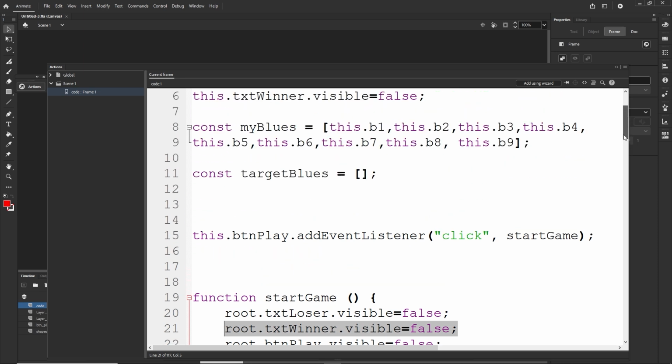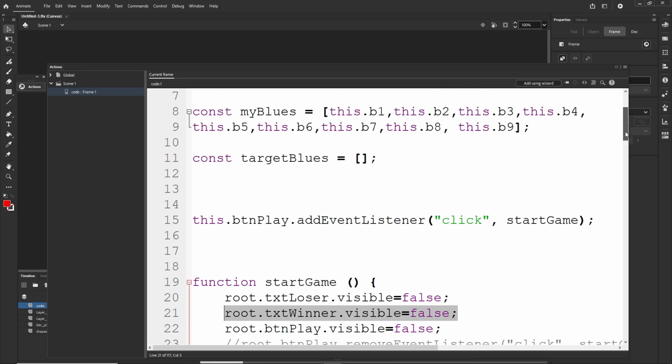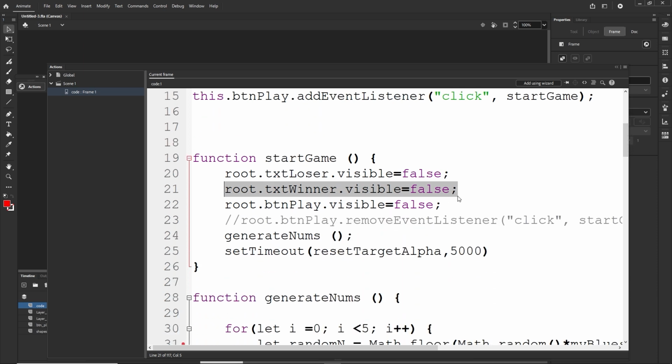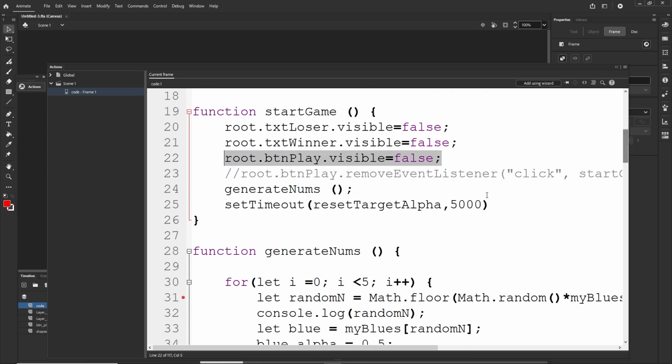In the start game, at the beginning, we are making text loser and text winner invisible. They are invisible in the first round, but in the second round, one of them is going to be visible. So we are basically going to make both of them invisible. In case that we win, the text winner would be visible. If we lose, text loser would be visible. But yeah, we are making button play invisible, so we don't click it anymore. Potentially we have this remove listener on the btn play, but we have commented this out because when we make it invisible we do not need to